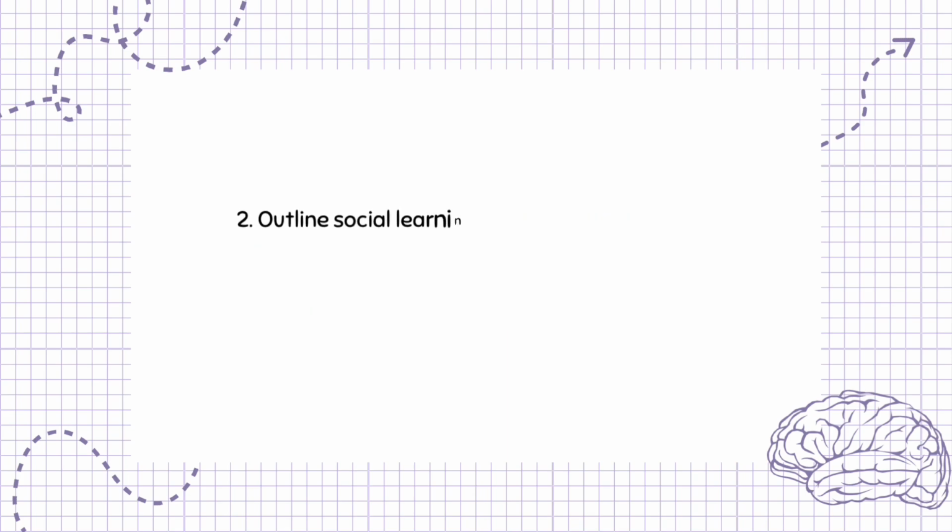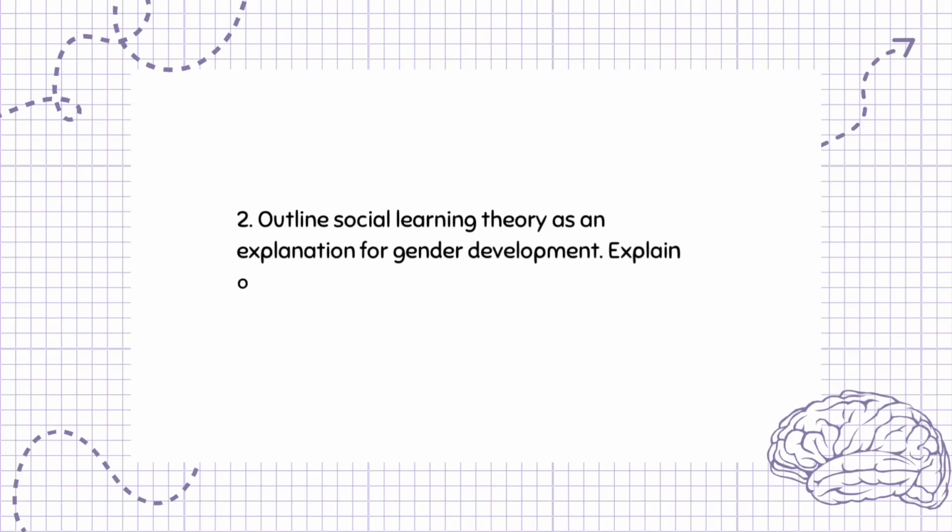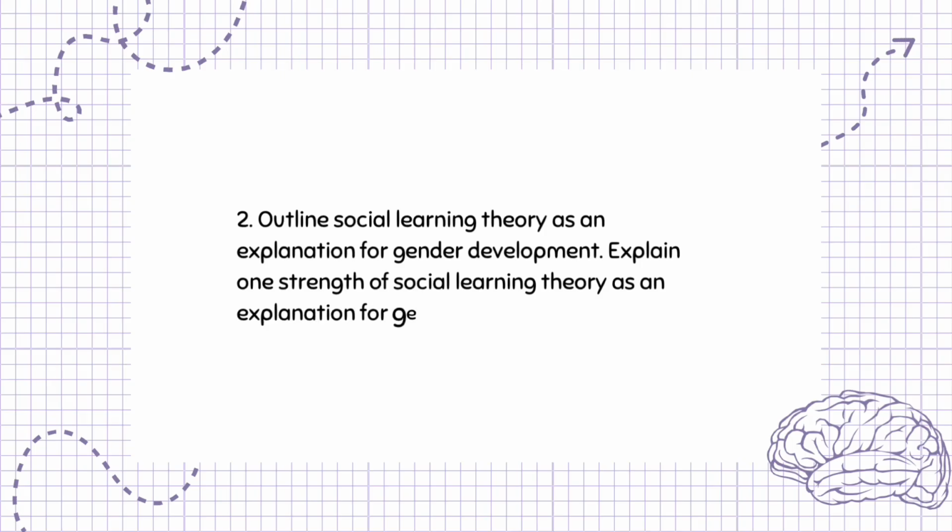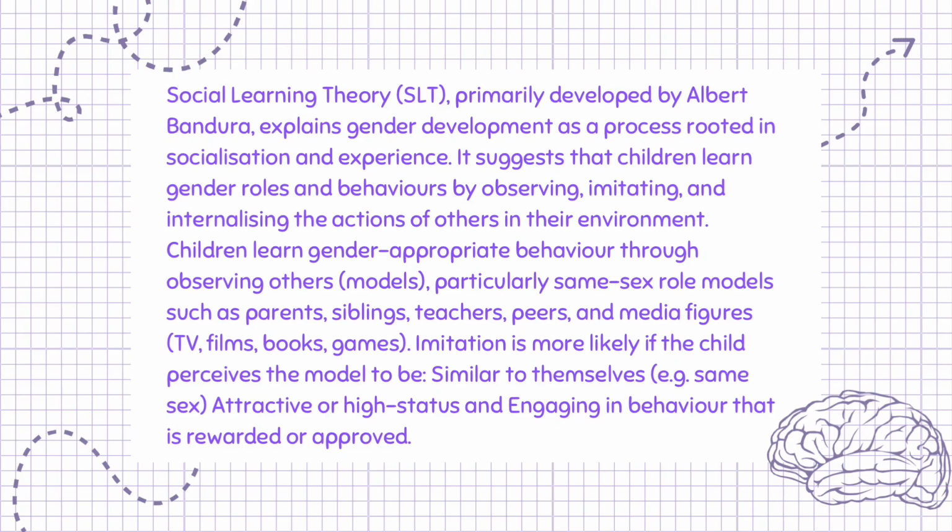Question 2. Outline social learning theory as an explanation for gender development. Explain one strength of social learning theory as an explanation for gender development. 6 marks. Social learning theory, SLT, primarily developed by Albert Bandura, explains gender development as a process rooted in socialization and experience. It suggests that children learn gender roles and behaviors by observing, imitating, and internalizing the actions of others in their